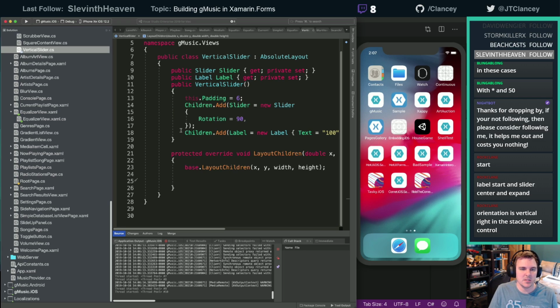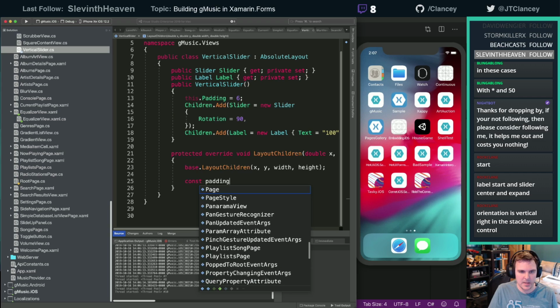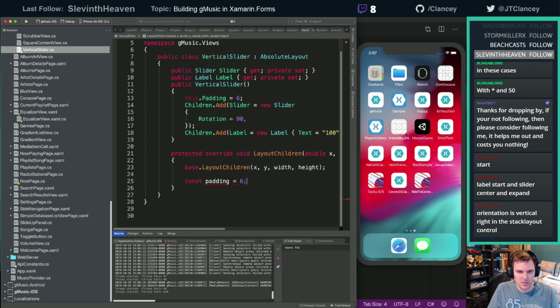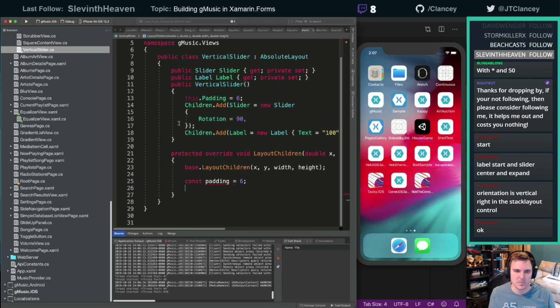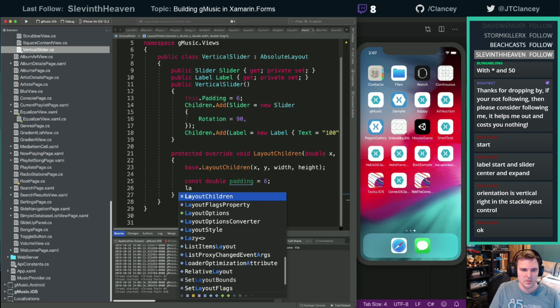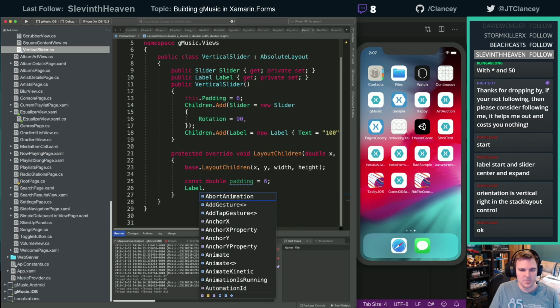All right, so this is nice and easy. We'll just say const padding equals 6. Those need to be doubles for this. All right, so now really easy. We'll say var, actually we need to do, all right, so label dot,